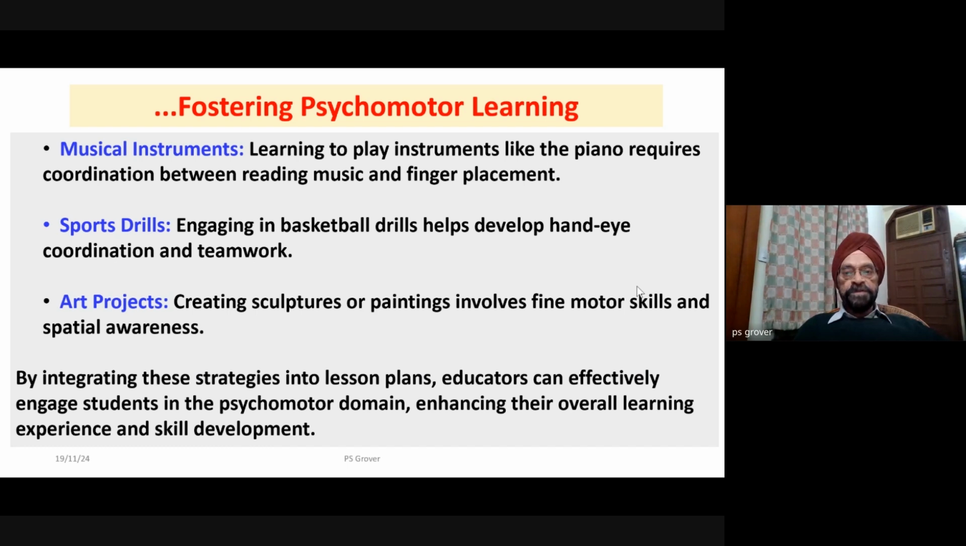Now, fostering psychomotor learning. How can I foster that? Musical instruments. Learning to play an instrument like the piano requires coordination between reading music and finger placement. Sport drills, engaging in basketball drills, art projects, creating sculptures or paintings. By integrating these strategies into lesson plans, educators can effectively engage students in the psychomotor domain, enhancing their overall learning experience